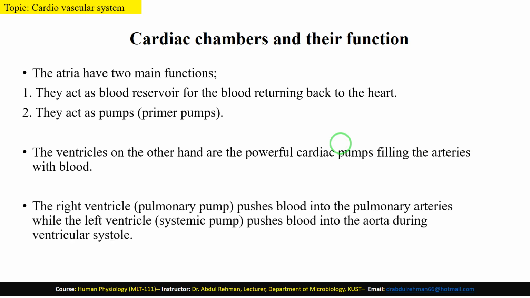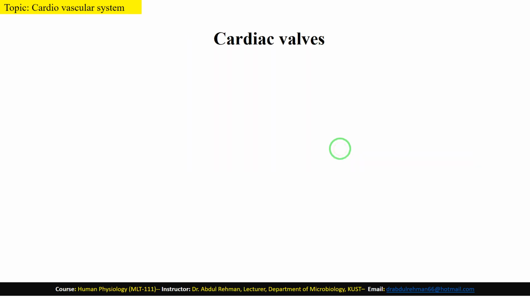The right ventricle, which is called the pulmonary pump, pushes blood to the pulmonary arteries, while the left ventricle pushes blood into the aorta during ventricular systole. Cardiac valves. The human heart contains 4 valves, that is,